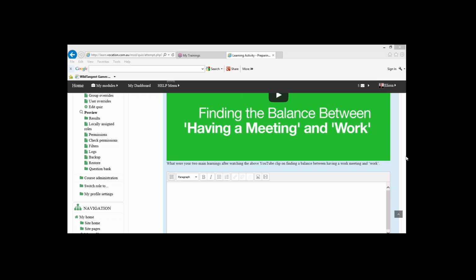Try and find the right balance, because it really frustrates people when they're stuck in meetings all day and not feeling like they're getting any work done. So yep, I guess that's what that one is talking about. Yeah, absolutely. I am very familiar with